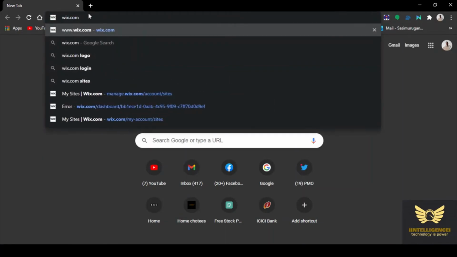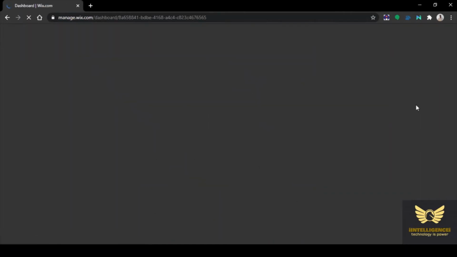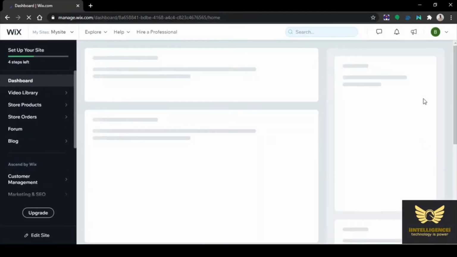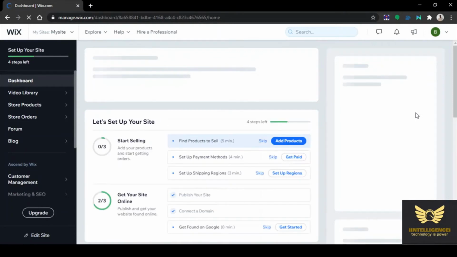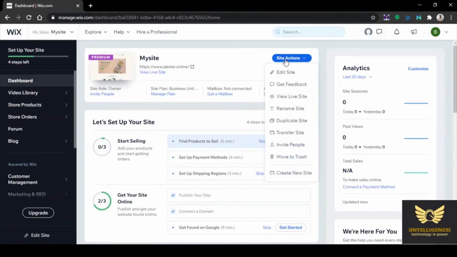Now let us go to the Wix.com site. So let us manage the website. Now in this, go to site actions. There are a lot of options available. Click edit site.